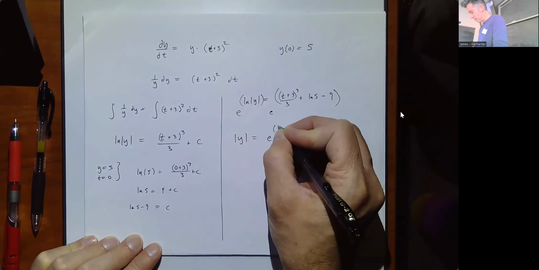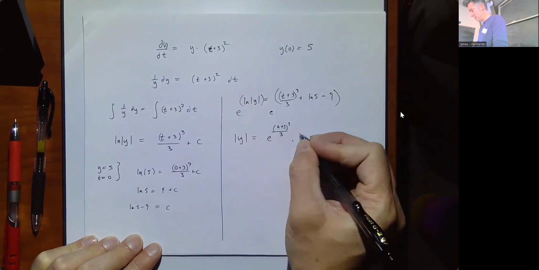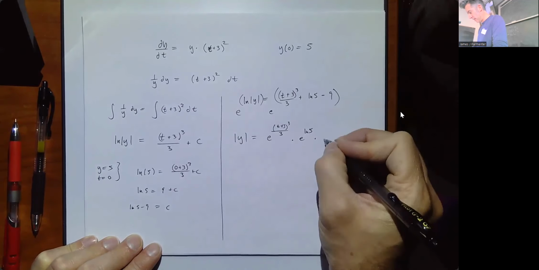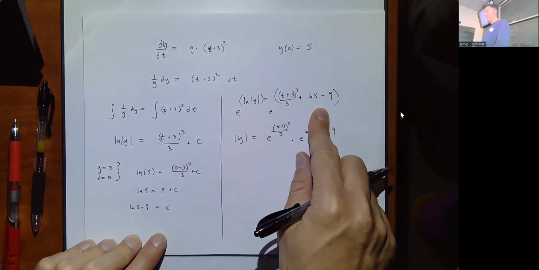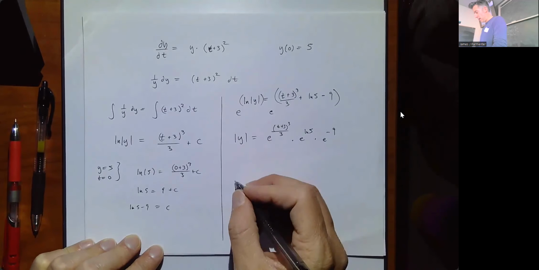So e to the t plus 3 cubed over 3 times e to the that, times e to the that. Right, and you have e to the something plus something plus something. We usually break it up as e to the something times e to the something times e to the something. Okay, so then